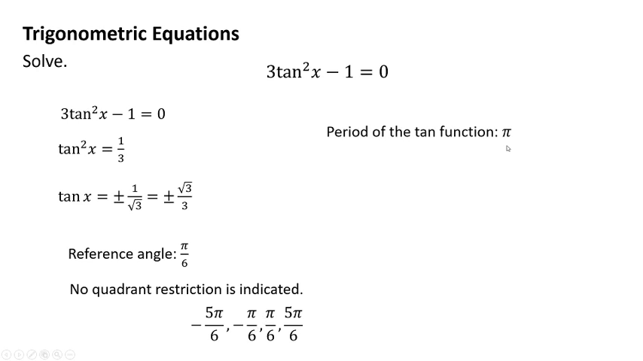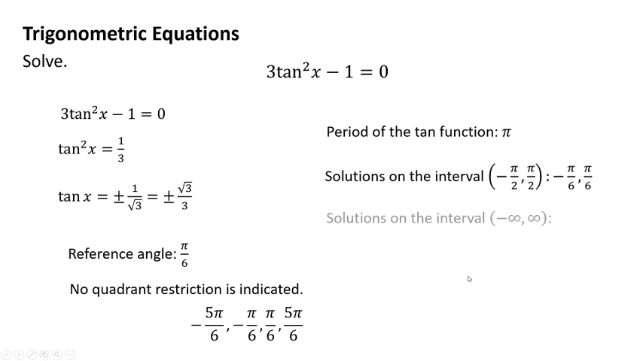The period of the tangent function is just pi, and so the solutions on the interval negative pi over 2 and positive pi over 2 is just plus or minus pi over 6. And so the solutions on the interval here is pi over 6, or 5 pi over 6 plus n pi, where n is an integer. So you could describe it this way, or you could describe it,